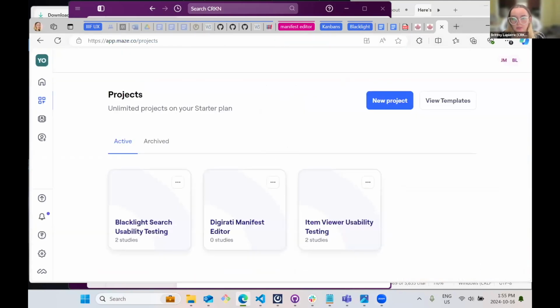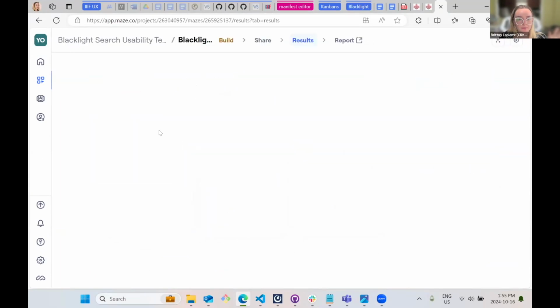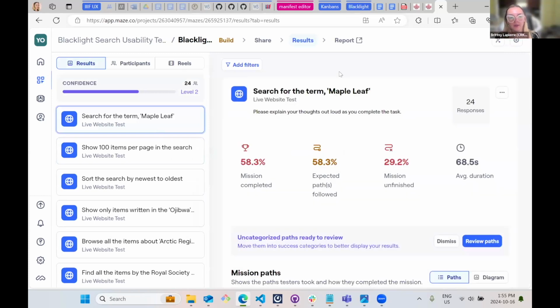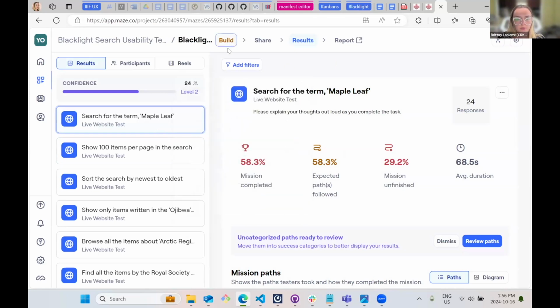Okay, so when you do log into Maze, this is what it looks like, and it's essentially like user testing software. It's kind of like Google Analytics. You add a tag onto your website, and then it'll support users going through a bunch of steps that you set up. And you can also do this with Figma diagrams if you want to do it at that stage of your process too. We ended up just implementing it on our demo website and then getting people to go through it. So if I go to the build section,